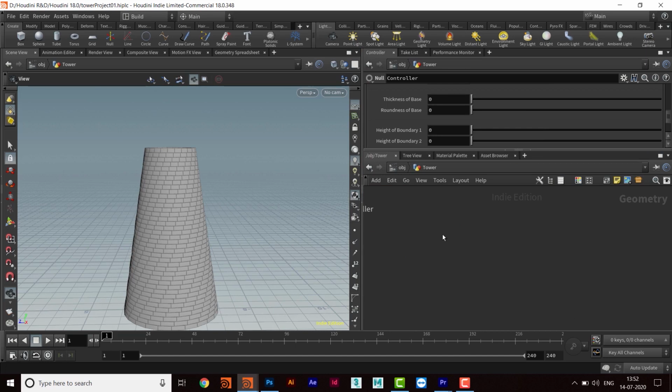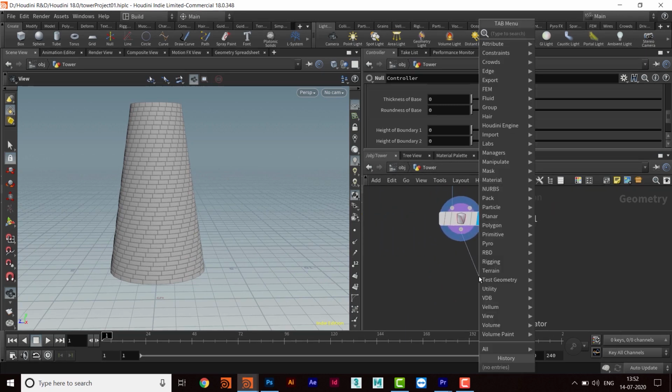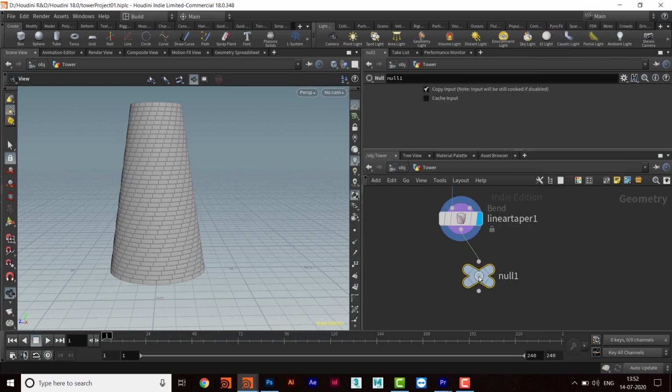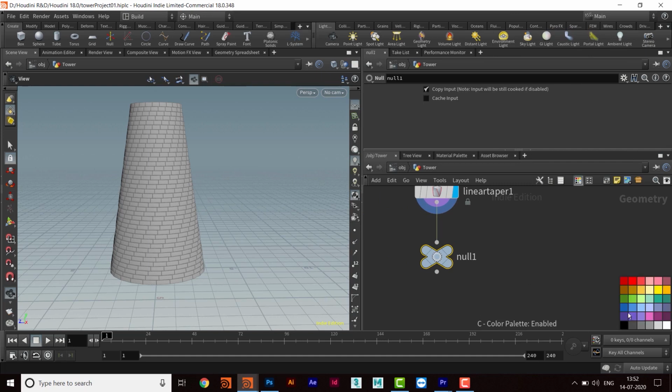If I don't want this, then I can go to enter part, and then I will take a null, and then I will make it blue color or something, or black or whatever,